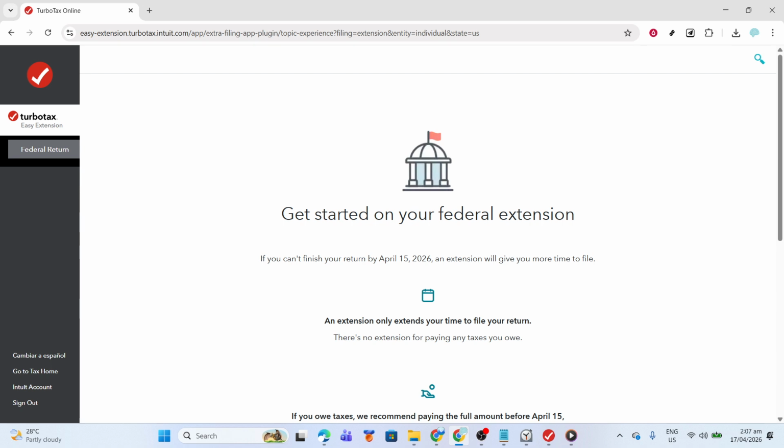A quick but important tip: even with an approved extension, you still need to pay estimated taxes if they apply to you. An extension only extends your time to file the paperwork. It does not extend the time to pay. Making a timely estimated payment can help you avoid interest and penalties. That's all there is to it. With the extension filed, you'll have extra time to gather documents, double-check